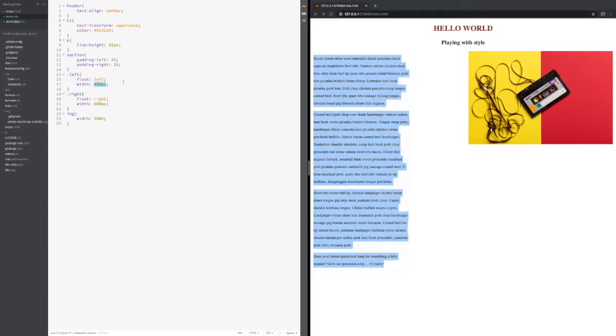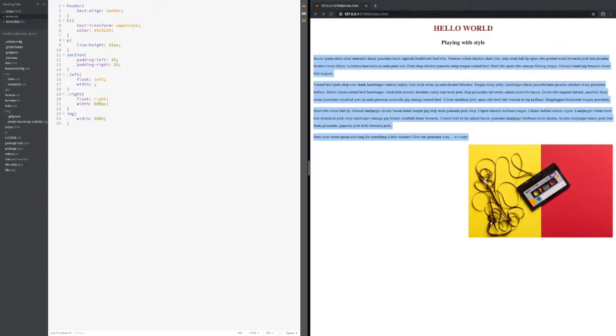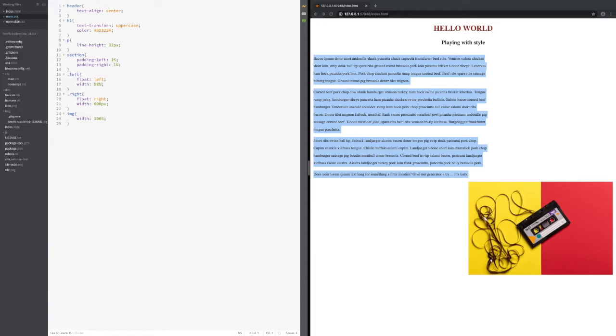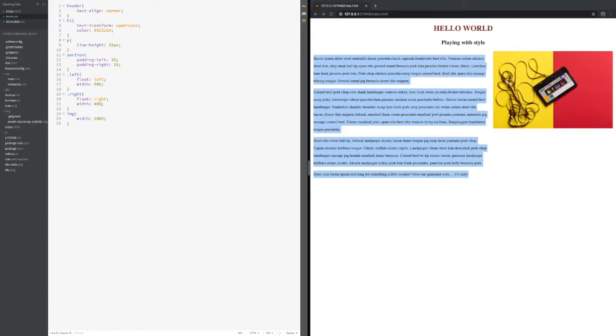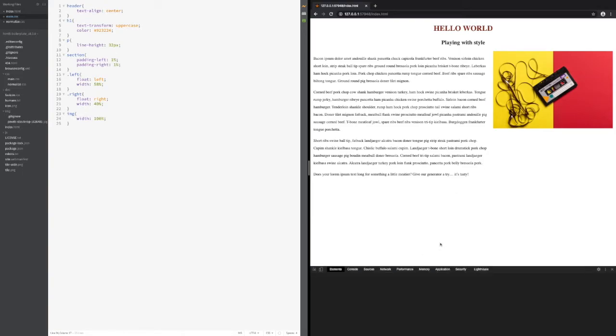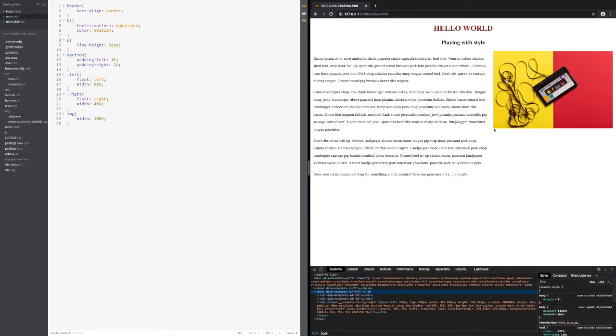So on the left, I will put 58%. On the right, I will put 40%. Now I should be able to resize my screen, and both elements will stay within the percentage that they've been given,